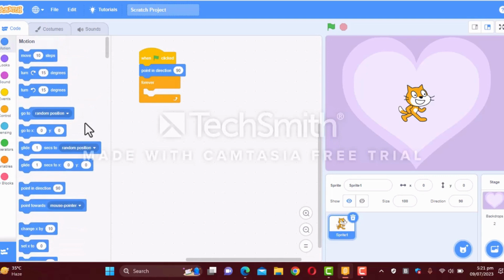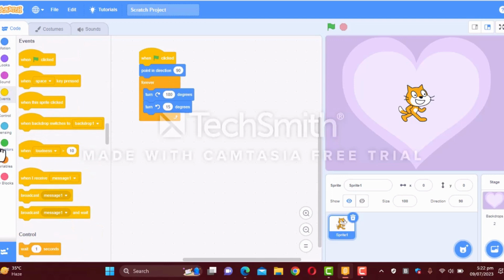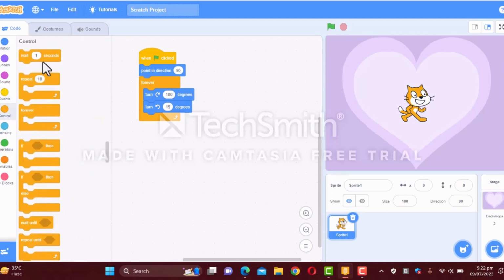Go to the motions category again and take these two blocks. Add them together, and over here write 180 degrees, and over here, just leave it as 50. It will just move in circles, but it will move so fast that you can't even see it moving in circles. So then we will go into the controls category again and take this block and change it to